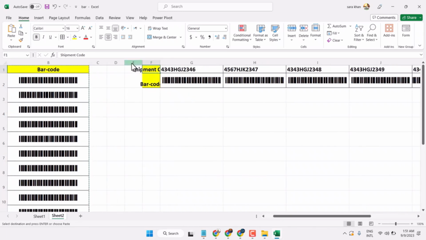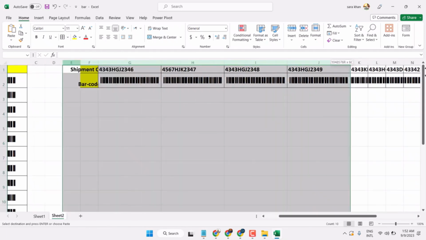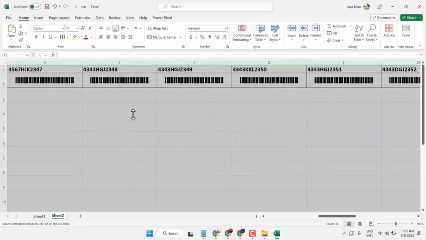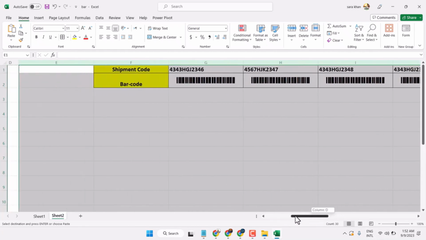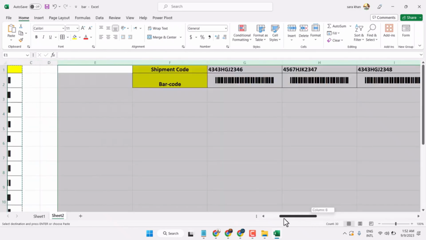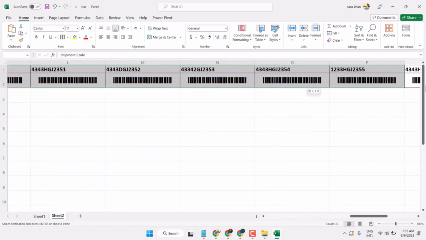And another way, select these cells like this and make changes for any column like this. So we can make proper space for every column and make more changes like make center,